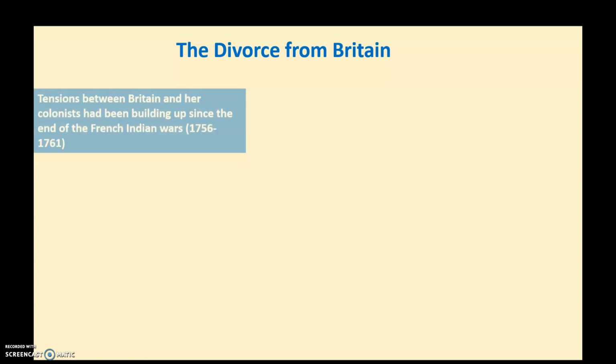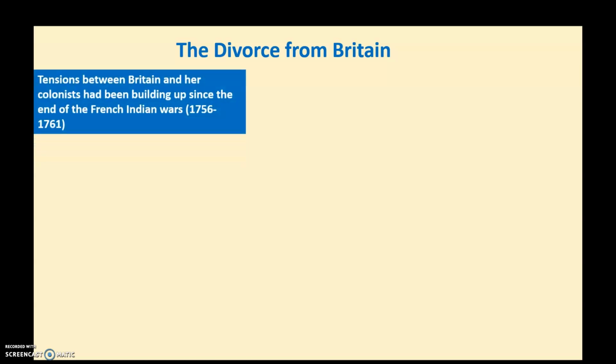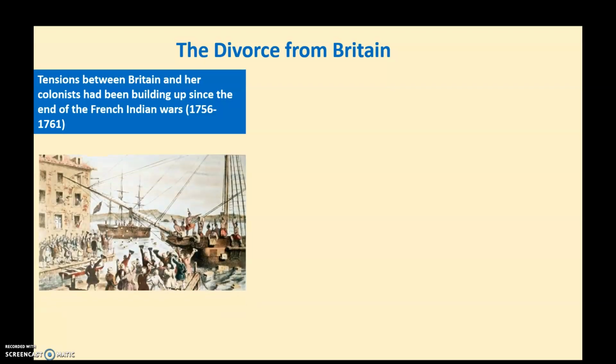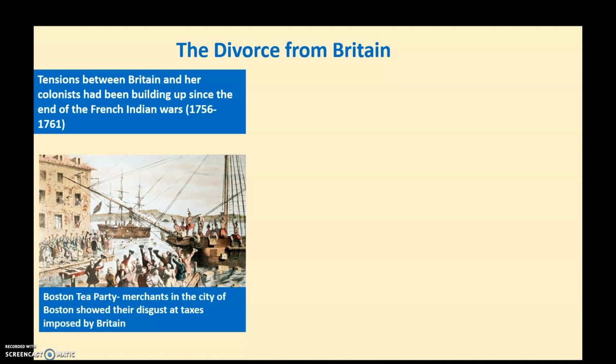It cost an awful lot of money, and as a consequence of that, Britain decided or believed that the colonies ought to pay for some of the defence of their colonies, basically. And that is the root cause of the tension between Britain and the colonies. And what you see is the British demanding taxation from the Americans, the Stamp Acts and stuff like that. The Americans say they don't want to pay this taxation.